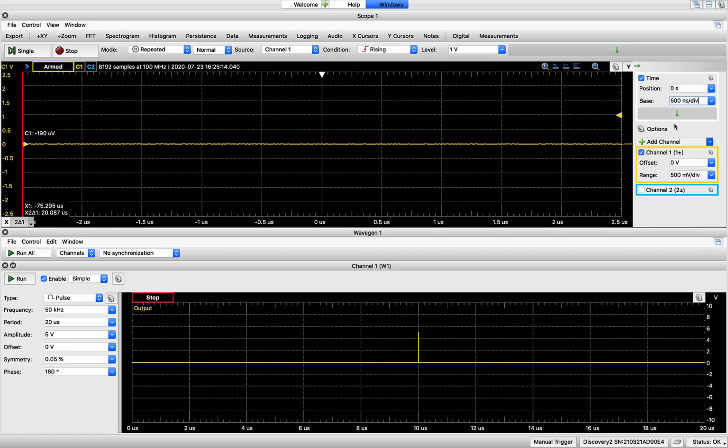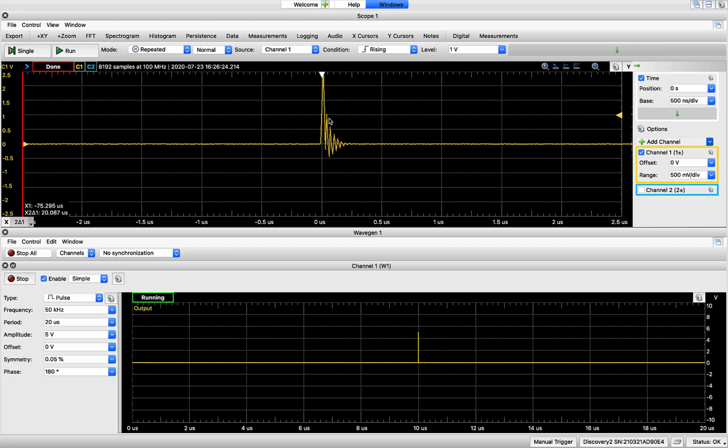So let's try this again. Let's press single and let's press run. Oh, and look, we've captured the waveform in the center of our scope so we can further identify it. And if we look closely, it doesn't really look like a pulse. And the reason that might be is it's such a high frequency pulse at such a high amplitude that it's beyond the capabilities of the 82. So that might be an example of a post-lab question that you'd have to examine something, and the trigger menu